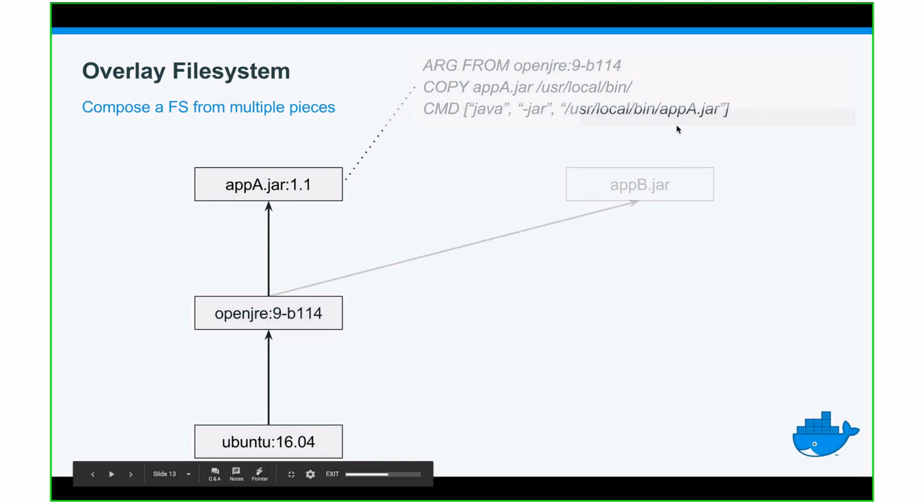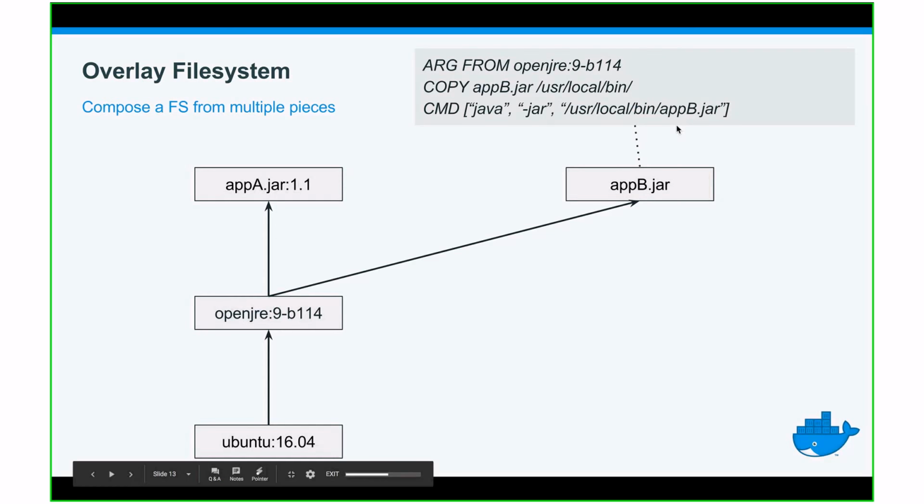And the cool thing is, if you have app B as well, then you have 4 file system layers now, but 2 of those are shared between the 2 images, so you don't need to store them again. And if you contrast this with virtual machines, I mean, there's also deduplication and all this, but for a whole virtual machine, you have to dump a virtual machine image and then store it somewhere, and then you have to transfer a lot of data.